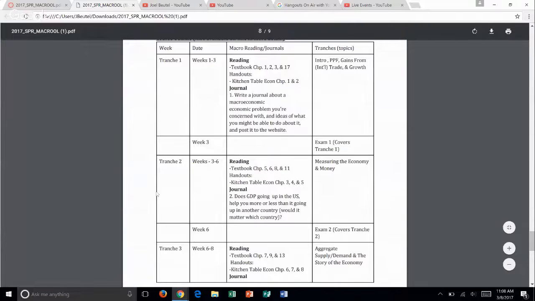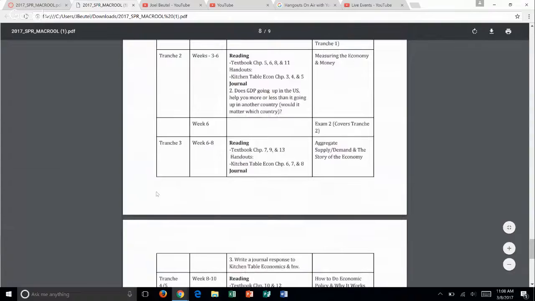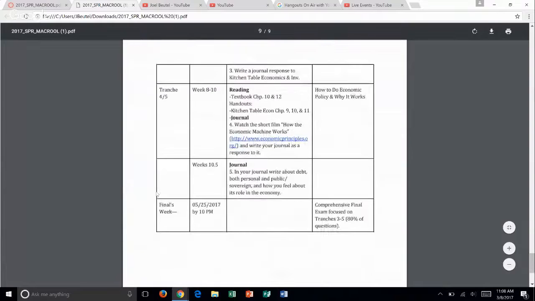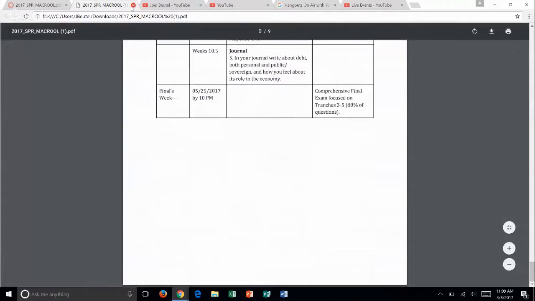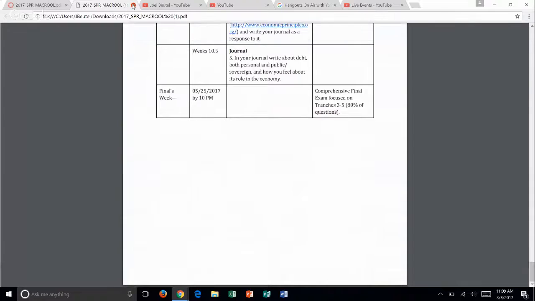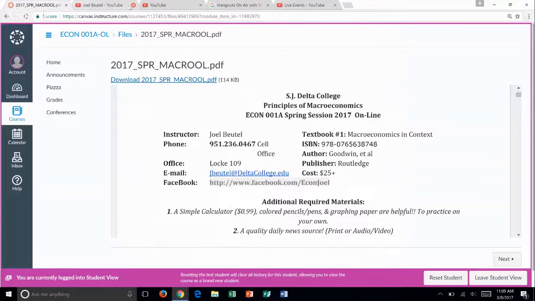Those journals will also be online, and I'll show you what that looks like in a second. Anytime there's links here, you can click on them from here, but also I tend to go through and try to find the link and make sure it's fresh on the website as well. So that's the syllabus in a nutshell, and if you have any questions, feel free to let me know via the course website. So if we go back to the home screen,